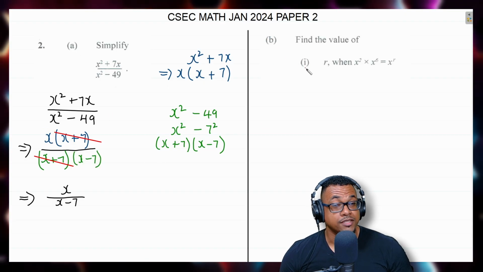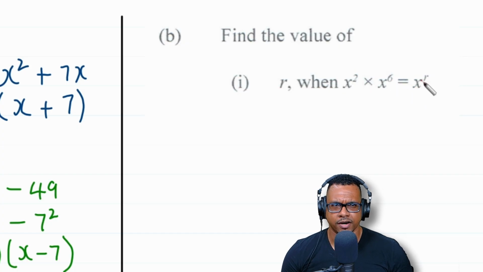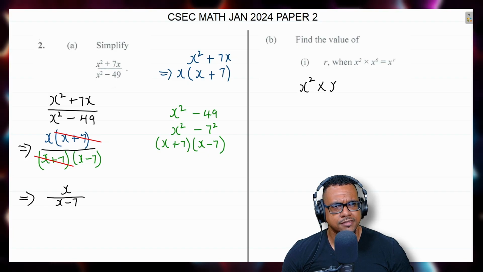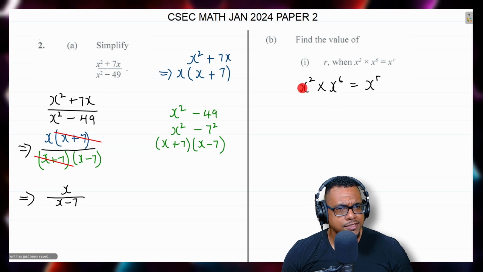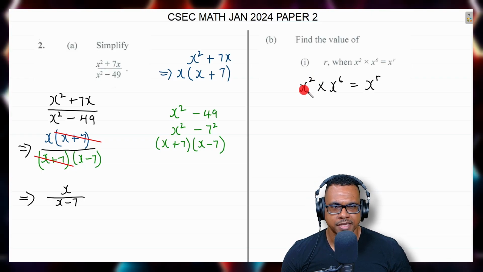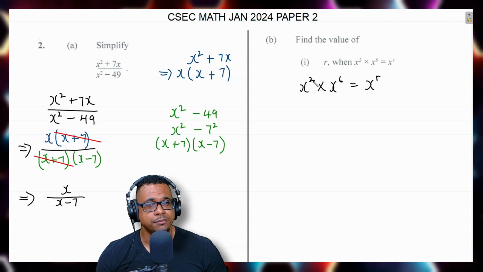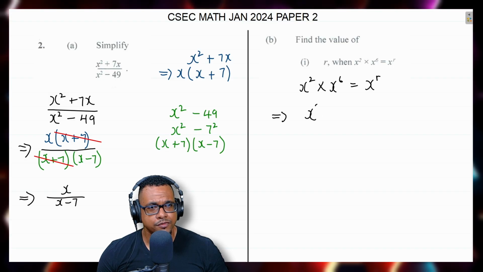Now for part B, part 1, we want to find the value of r when we have x to the power 2 multiplied by x to the power 6 is equal to x to the power r. So I'm just going to write that over. x to the power 2 multiplied by x to the power 6 is equal to x to the power of r. And we know the x is called the base, and the 2 here will be the power or the index. And we know anytime the bases are the same, see x and x here, bases are the same, and we are multiplying, we'll simply add the powers. So this would imply x to the power 2 plus 6 is equal to x to the power of r,